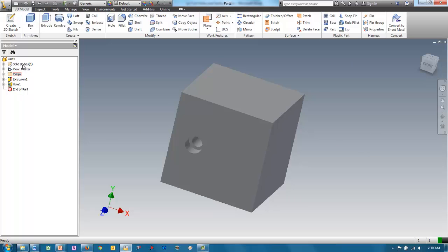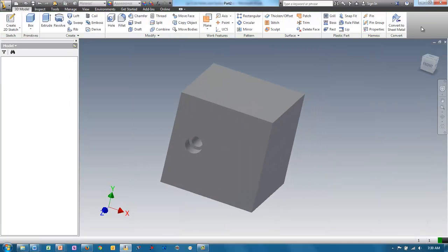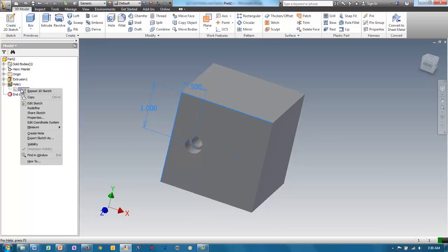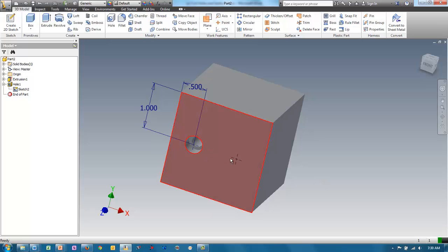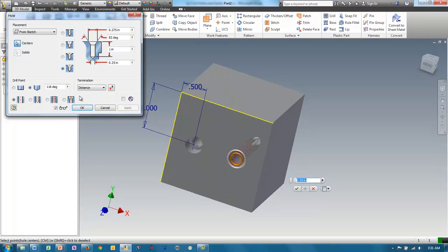Let's edit that sketch and add another hole right there. And if I finish the sketch, I don't see that hole anymore, but if I right click on the sketch and show visibility, I will see it. Now if I hit hole, it should go after the point that's there. So this time I'm going to make a countersink hole, like so, and I'm going to use the same defaults that come up here,